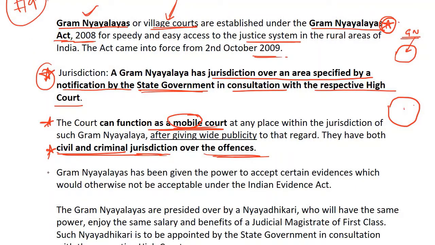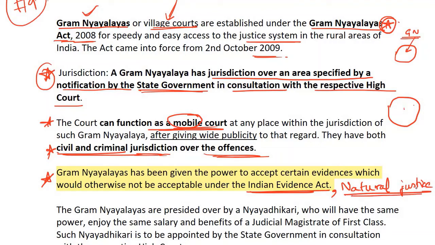अब एक बहुत ही important fact, this is a very important fact rather, that Gram Nyayalayas are not bound by the rules of evidence that is provided for in the Indian Evidence Act. They are not bound by the rules of this act. Okay, that is 1872 का Indian Evidence Act. They are not bound by it and they are guided by the principles of natural justice. This is very important. Remember that. We have to remember this, that Gram Nyayalayas will be guided by the principles of natural justice, subject to any other rule that is made by the High Court. But they will function as per the principles of natural justice, and they are not bound by this Indian Evidence Act. That we have to remember.